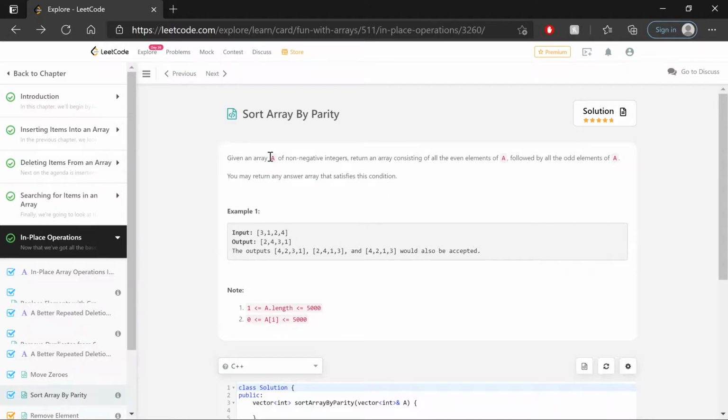Given an array A of non-negative integers, return an array consisting of all the even elements of A, followed by all the odd elements of A. And we can return any answer array that satisfies this condition. Then we're given an example here,